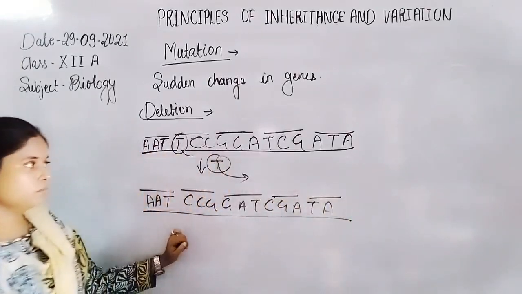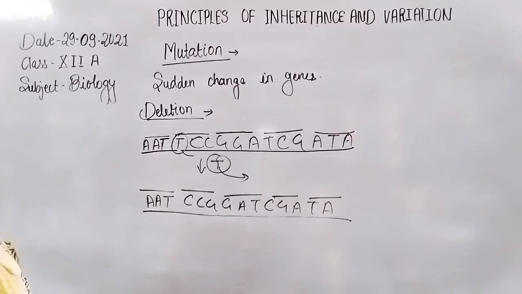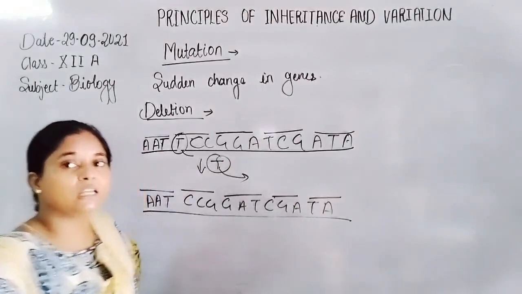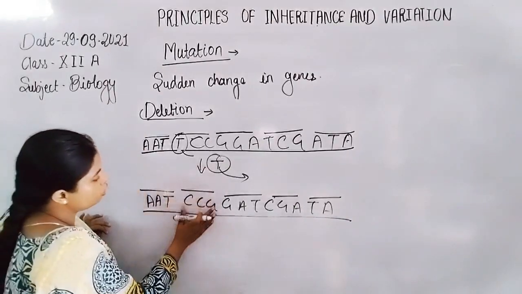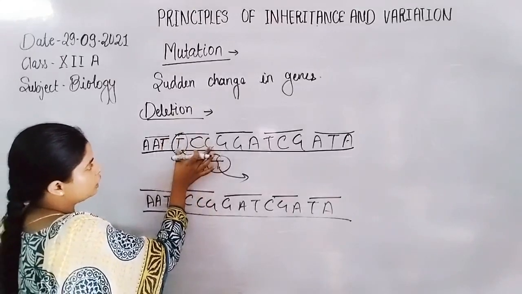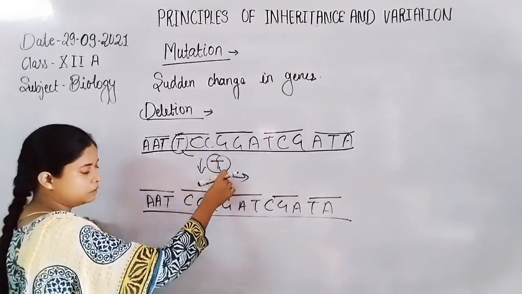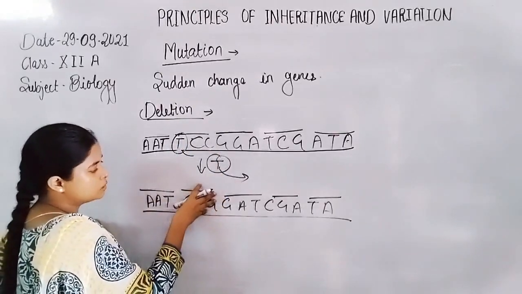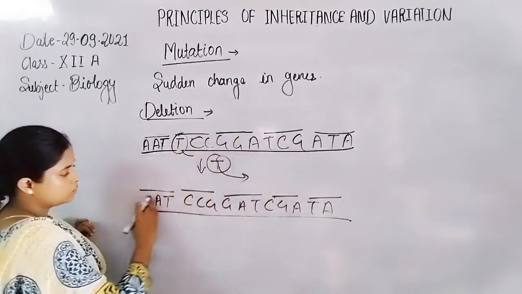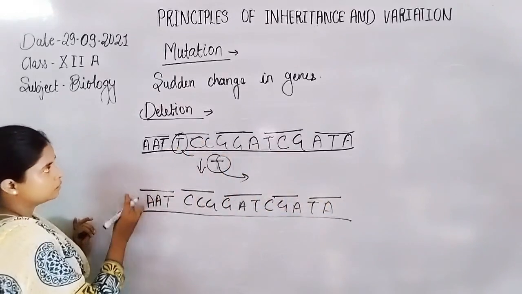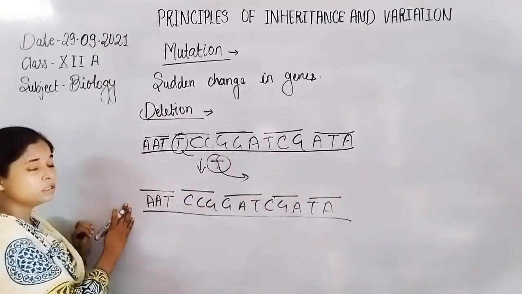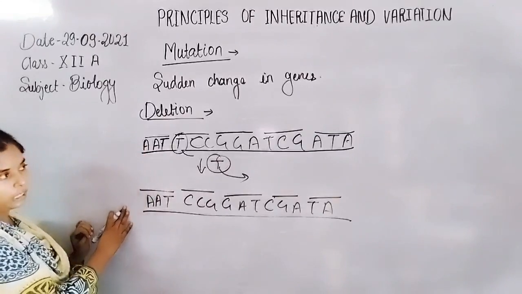so this will be the sequencing. So the sequencing moves towards the right hand side. So this is known as again the frame shift. The frame of triplet codons previously started from T, now after deletion the frame shifts towards the right hand side. For this reason, deletion also results in mutation, that is a frame shift type of mutation.